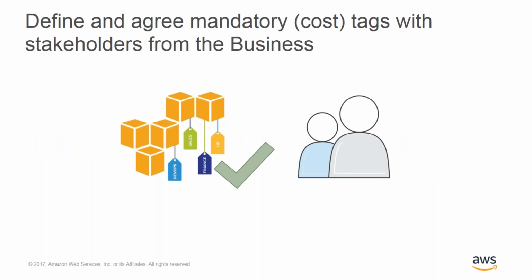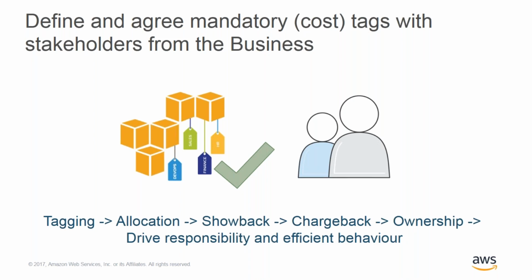So as a newer customer, your environment might be small enough and you may have only one team who uses the environment. And it's easy to ask engineers, oh, what is this resource for and how much does it cost? However, especially as organizations grow and their AWS footprint grows, tagging becomes more and more important. And so good practice to start this early is to start implementing tagging policies and enforcing them.